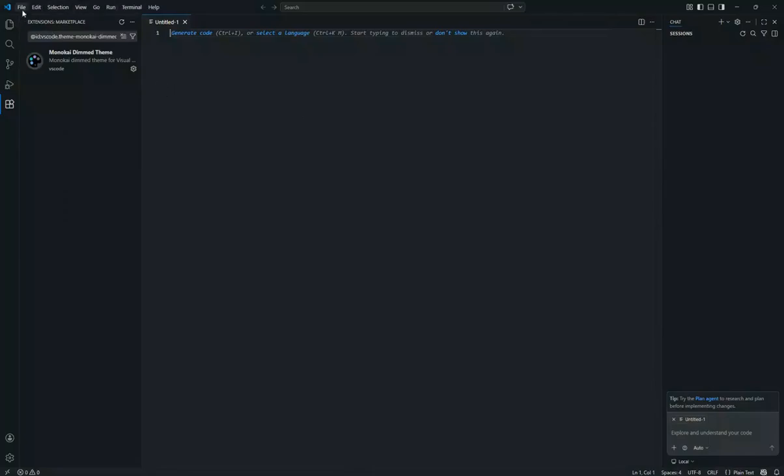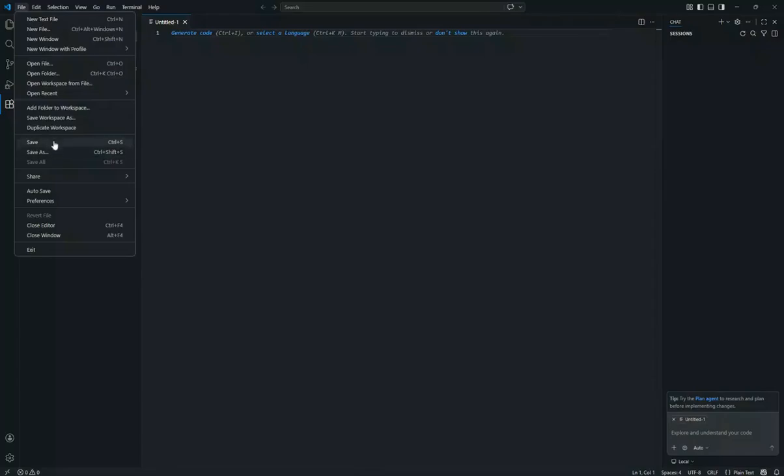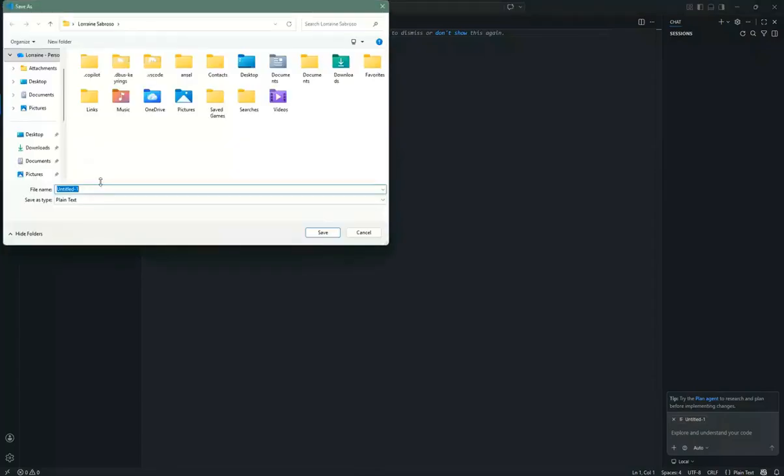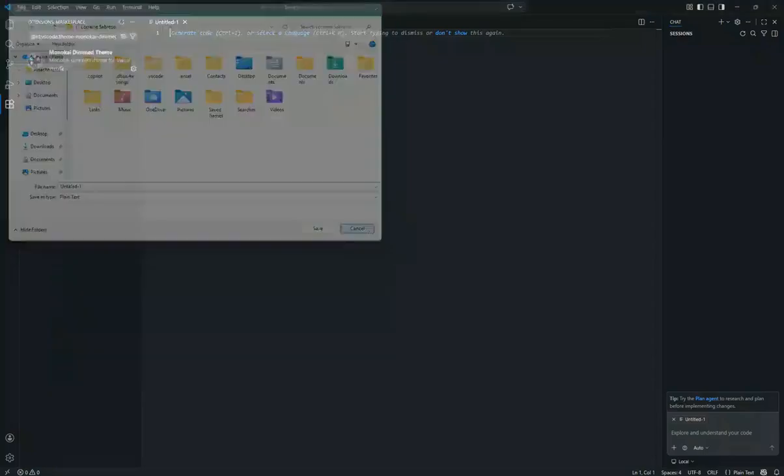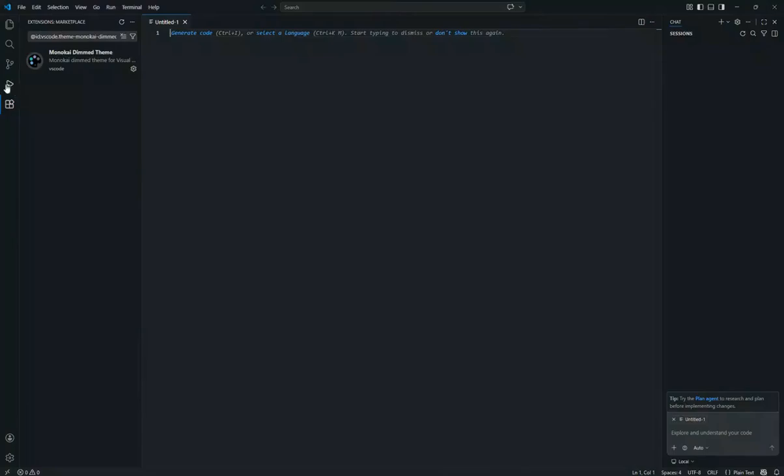VS Code supports a wide range of programming languages, so make sure to save your file with the appropriate extension, like .js for JavaScript or .py for Python. You can do this by clicking on File in the top menu, then Save As, and typing in your desired file name and extension. Next, let's talk about extensions, which are a big part of what makes VS Code so